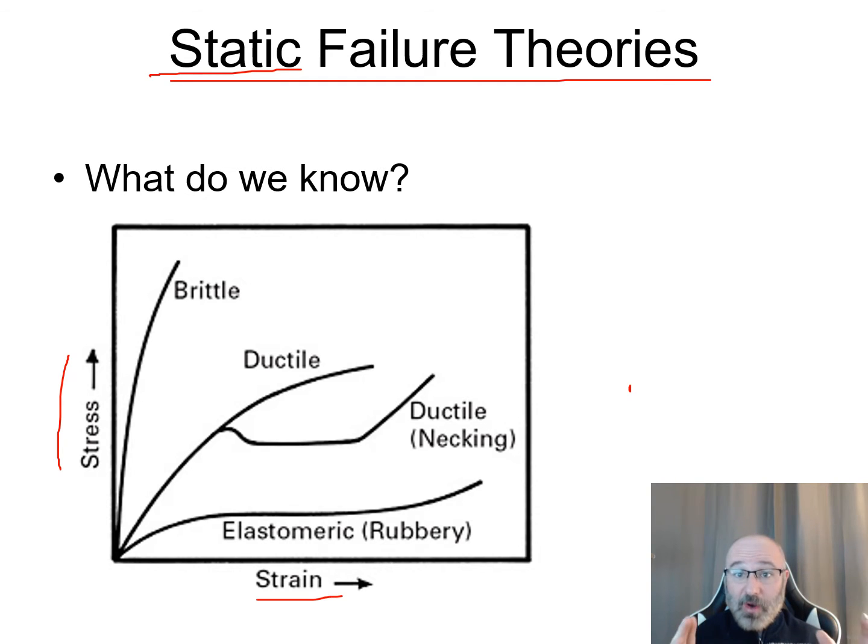So if we know this material is either brittle or ductile, that could help us in our design process. We can decide, yeah, this material is going to be a little bit too brittle, let's take a look at a different one, or this one's going to be way too rubbery for what we need it for. We need to go with something a little bit more towards the brittle side. So we look at this right here, and if we're talking about our stress strain curve related to this